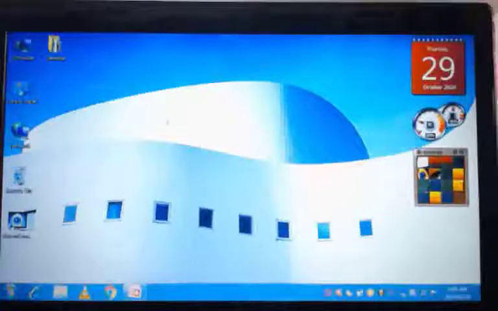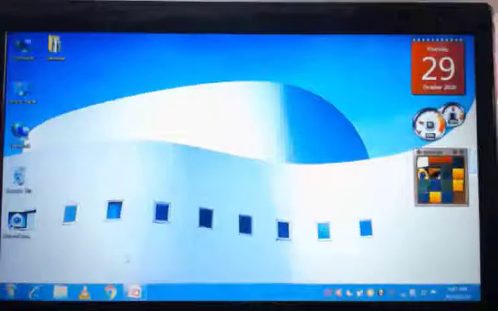Next we have the Windows desktop. We will see what the parts of the Windows desktop are. See here, these are small pictures. Can you see here? It is written: computer, control panel, network, recycle bin. Then a folder is there, this one. And here you have a calendar, one gadget, and a small app game.